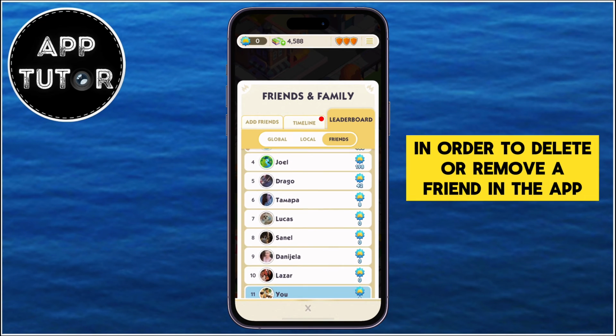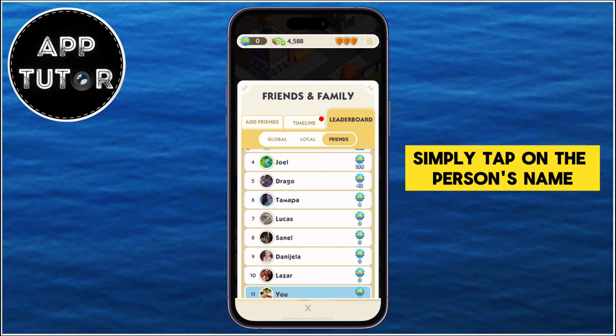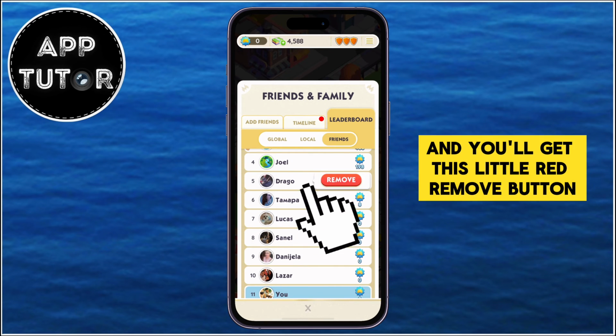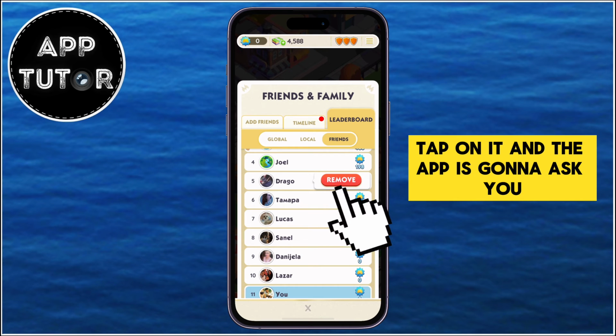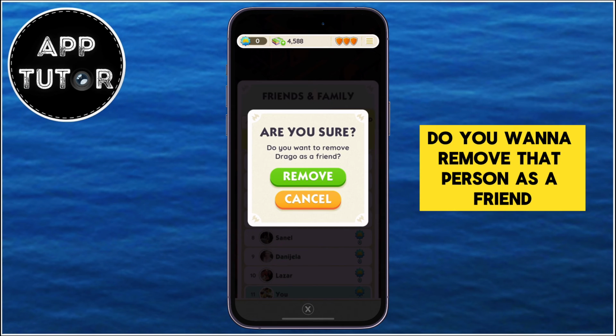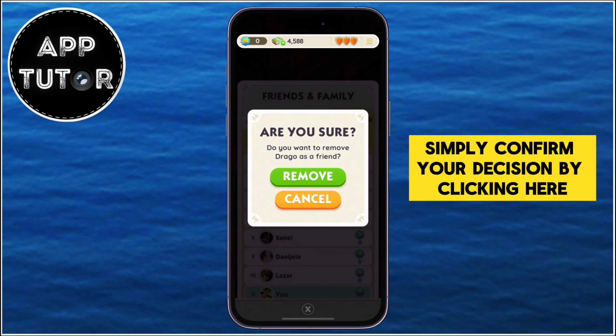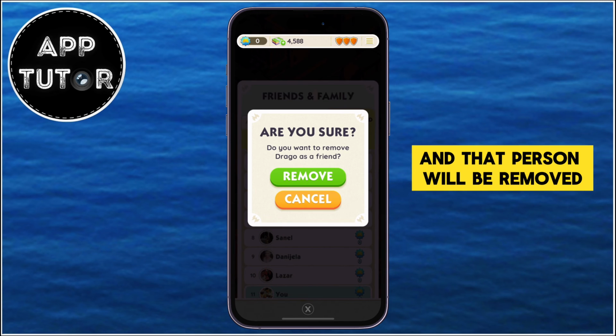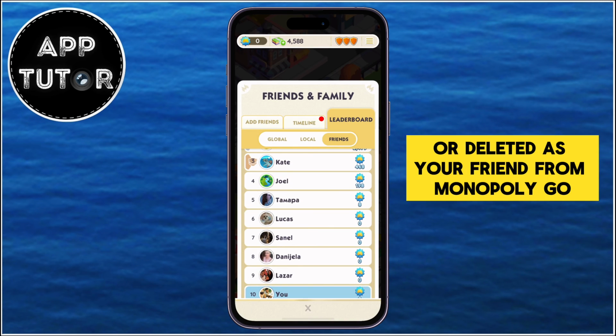In order to delete or remove a friend in the app, simply tap on the person's name, and you'll get this little red Remove button. Tap on it, and the app is going to ask you, do you want to remove that person as a friend? Simply confirm your decision by clicking here, and that person will be removed or deleted as your friend from